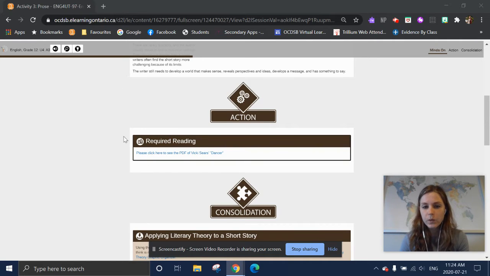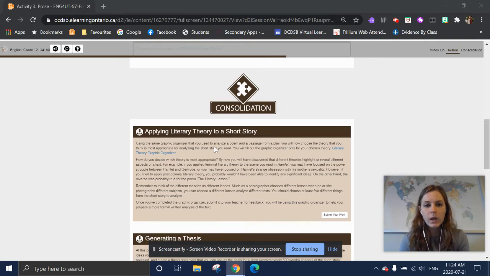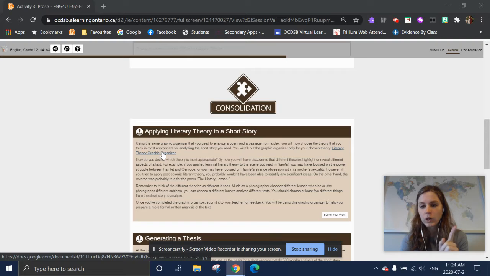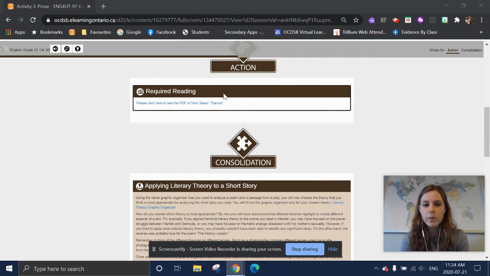this story, okay, called Dancer, and you will be completing the literary theory graphic organizer with just one perspective, okay? So you're going to choose one of the perspectives in this organizer and complete including quotations and themes that you've picked up while reading this story. Okay, so I encourage you to have both open on your screen if you're able, and be making notes throughout